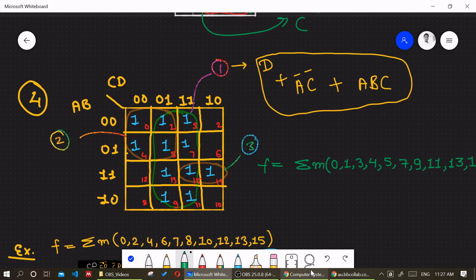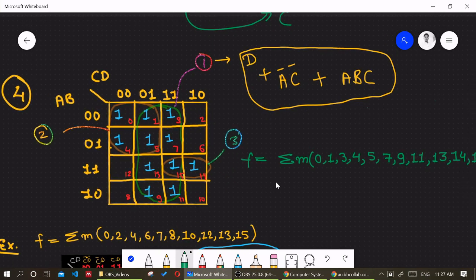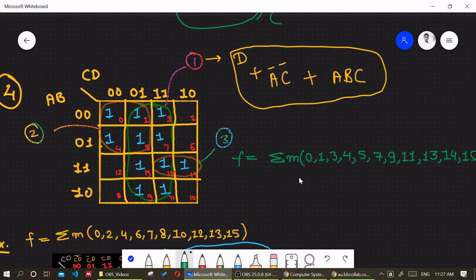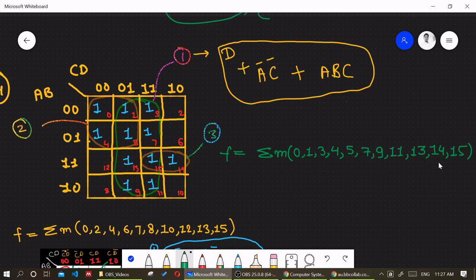So in this 4 variable k-map, the function f is provided as this. What we can do is simply map the function. I have already done the mapping. This is the mapping for the corresponding function. Now we have to find out the groups. Is there any possibility of a group of 16? No. Then we search for a group of 8. Yes, we have one group of 8, and is there any possibility of another group of 8?